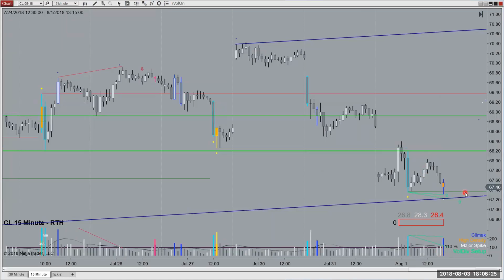But because it closed up off of that low and it's a high density signal, it's stronger. If it were just a climax and not high density, I would say this is not a very good signal. I would actually say that it's not as good as this one that doesn't have any signal at the end of it. But because that is high density and it's closing up off of the low, that's an even stronger